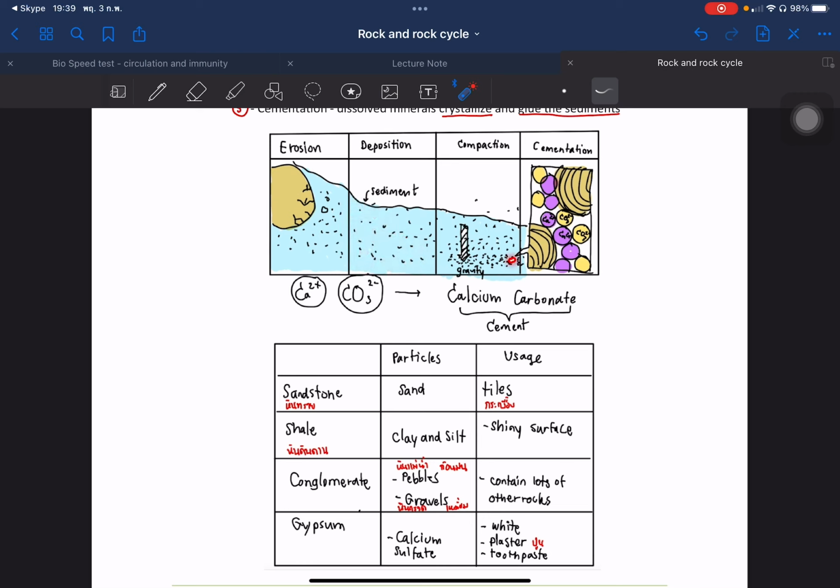Okay, and when you take a look at the space between the sediment here, the minerals that get dissolved will react together and form crystals of calcium carbonate. The calcium carbonate will form the cement and link each particle together. So the type of sedimentary rock here will depend on the particles. If the particle is sand, we will call the rock sandstone